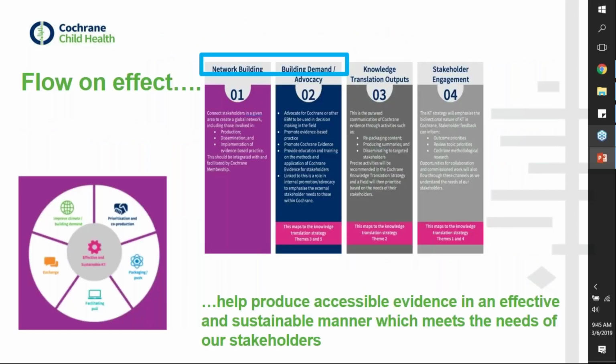So when I talked about what goals we wanted to achieve in the beginning and how we linked that to the Cochrane KT framework, while we really specifically targeted 2 of the goals, a lot of our work will also have a flow-on effect. And it actually reaches different domains of the framework, such as network building, building demand advocacy, knowledge translation outputs, and stakeholder engagement. And so through all those activities, we hope to contribute to the goals of Cochrane Strategy 2020 by helping to produce accessible evidence in an effective and sustainable manner,